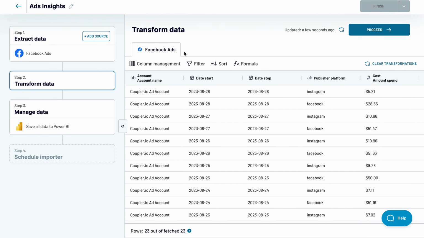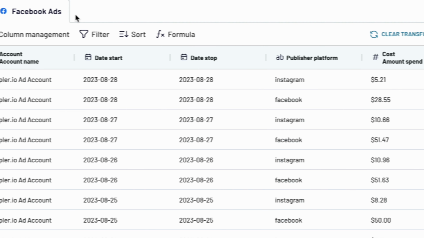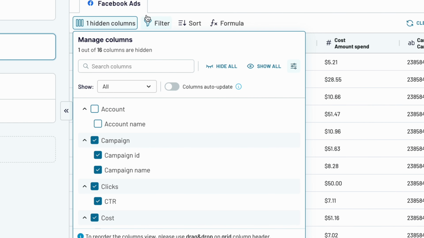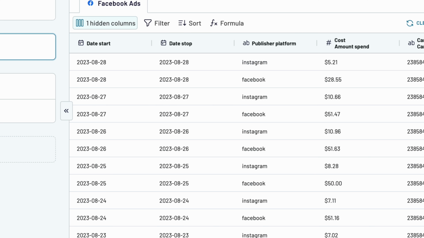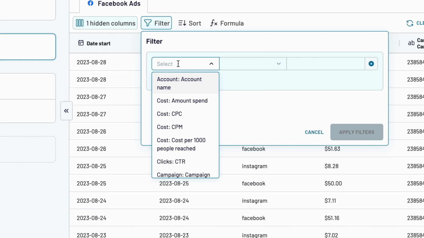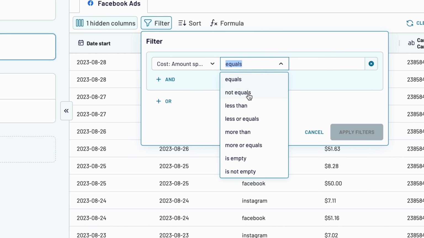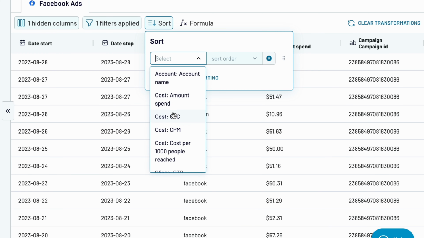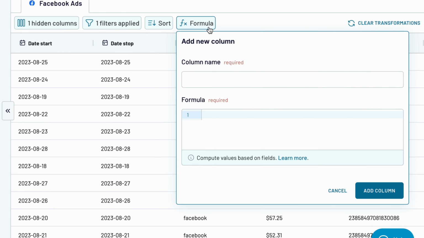Here you can preview your data and apply various transformations. I'll choose not to import the account name column since it's identical for all rows. I'll also apply a filter to only fetch rows where the amount spent was higher than $10. Sort data if you'd like, and create new formulas to calculate any custom metrics.